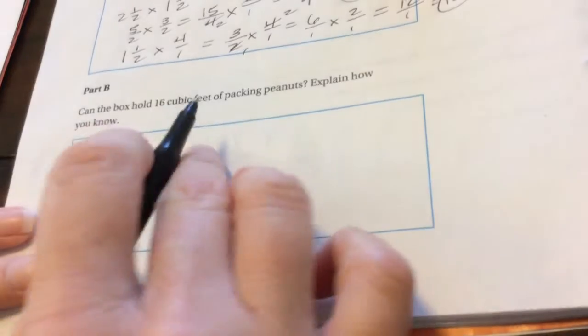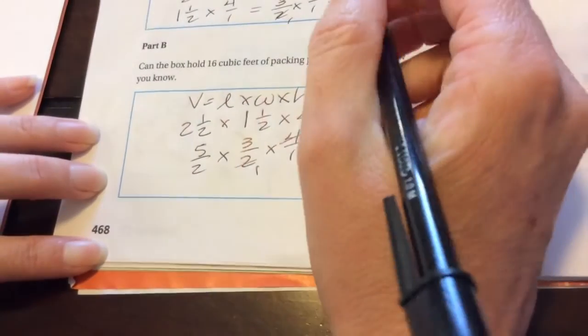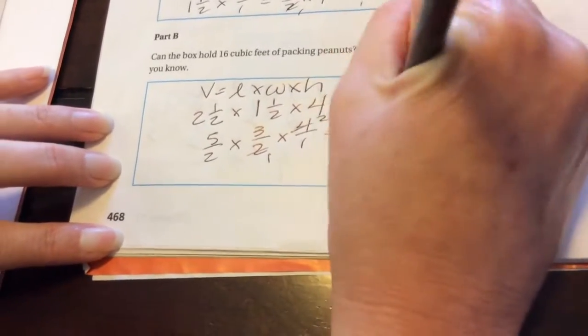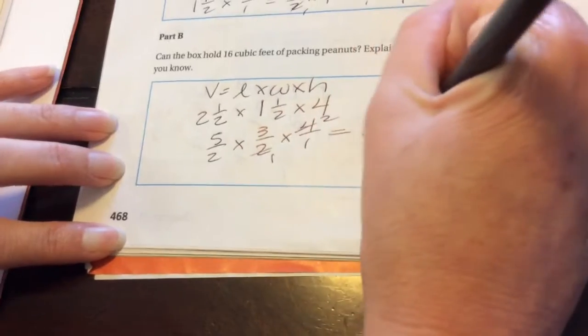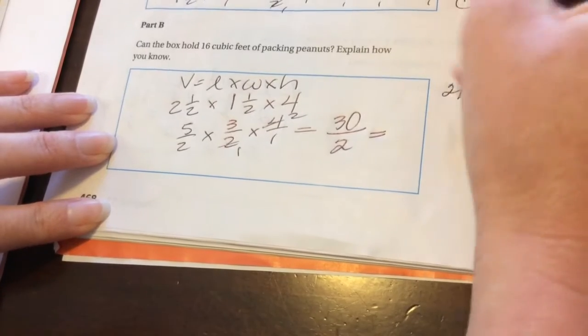Explain how you know. So now this is a volume question. So now I'm going to do volume equals length times width times height. So that's 2.5 times 1.5 times 4. So this would be 5 halves. And then I'm going to cancel right here. So 2 divided by 2 is 1. This is 2. 5 times 3 is 15 times 2 is 30. And then 2 times 1, so that'll be that. And then this is improper, so I'm going to divide. So I get